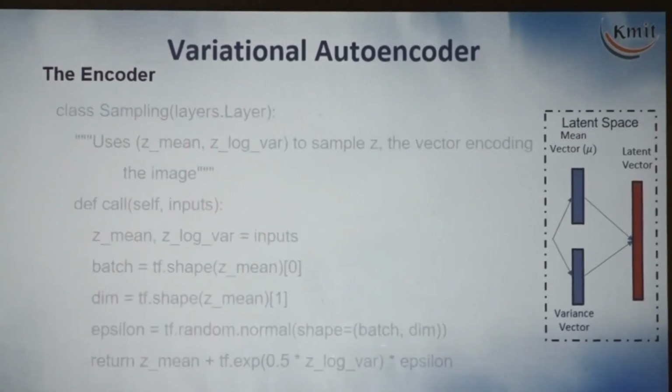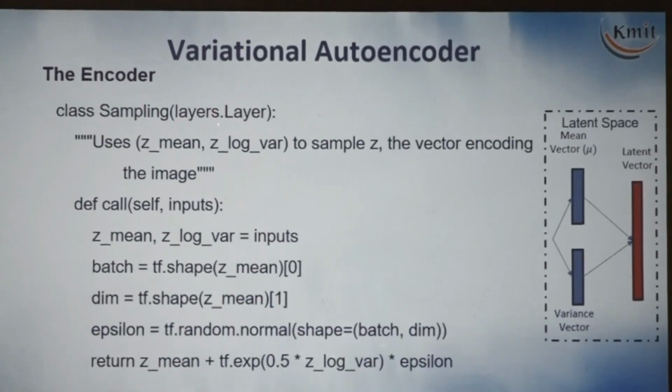Okay? Now, sampling. How can we combine for sampling? For that, we create one sampling layer. For sampling, we have to combine two layers, right? How can we combine them? There are some operations again. We have to take the mean, we have to take the variance, and we have to apply some rule, that is the random normal distribution, and also combine them. There is a lot of stuff.